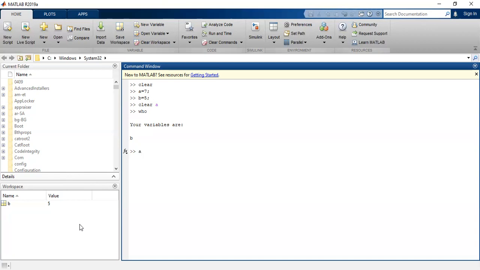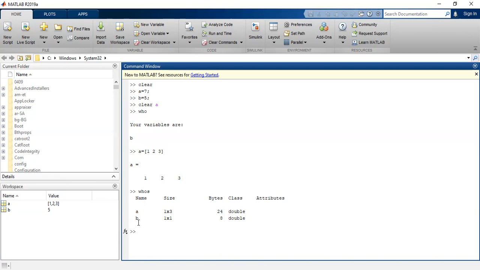For instance, I have a variable named a, and I will write whos, which is the command I am using, and I press enter. See, it is showing me the current variables which are in use. We have a as well as b variables, and whos is going to show you